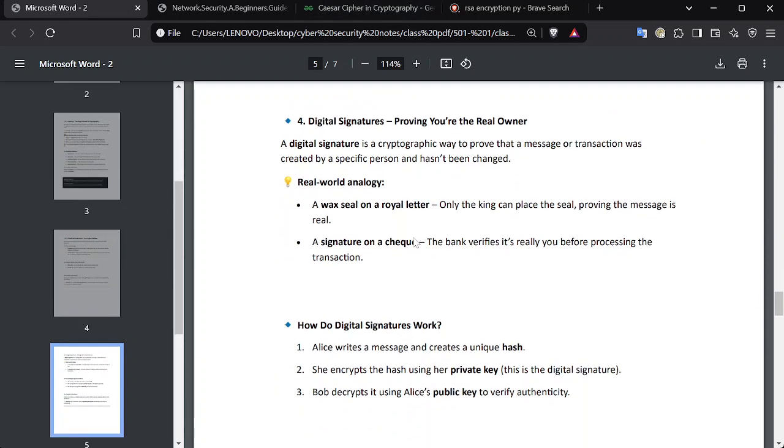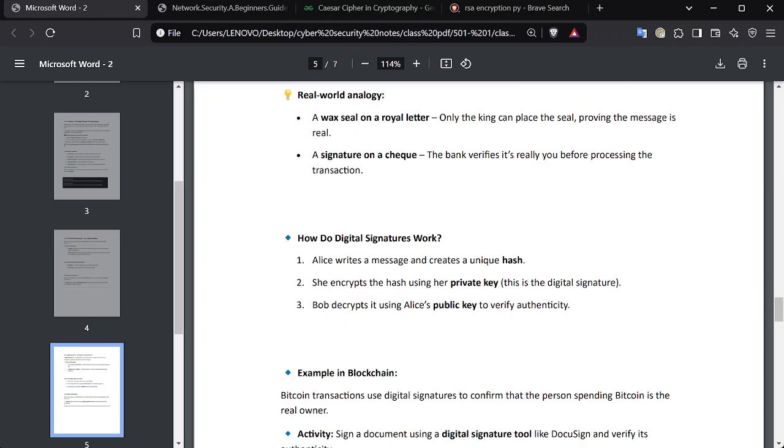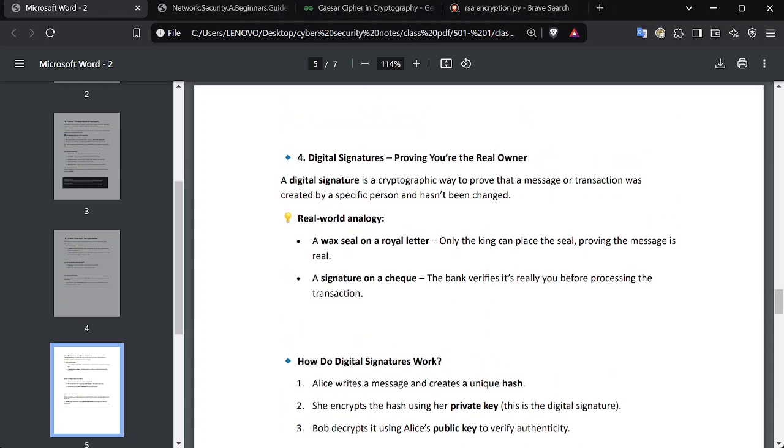Okay, so now let's discuss digital signatures. What is a digital signature? Let me explain it first, and then I'll show it on a website. A digital signature is a cryptographic way to prove your message or transaction was created by a specific person and hasn't been changed. So it's basically checking the integrity